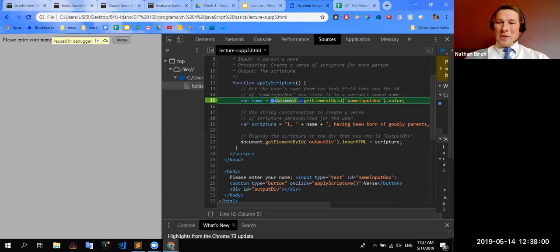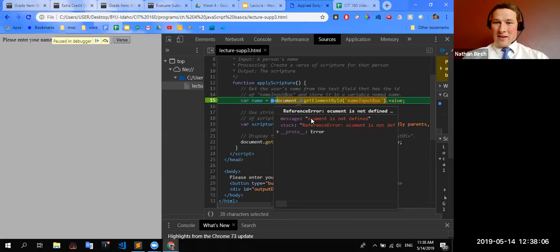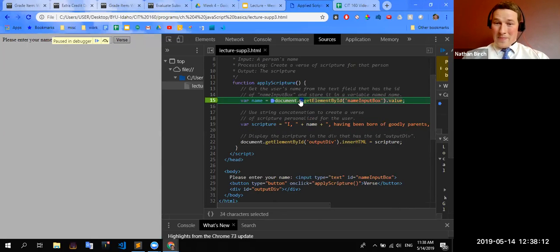All right, and the cool thing is I can highlight this section right here and see what it will render, okay? And it says document is not defined. I guess I didn't select the D. But if I select this whole thing, like with value and all the way to document, you can see it has an empty string right here. That's because I didn't type anything in, okay?